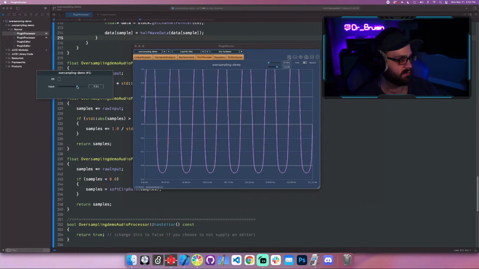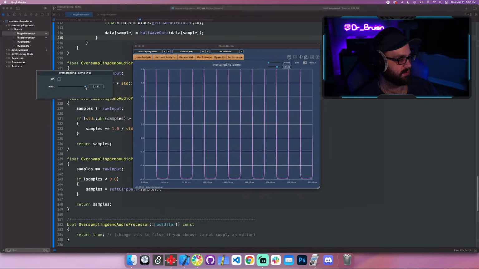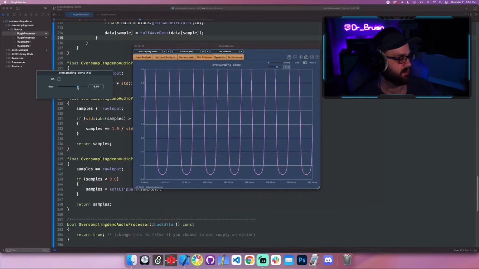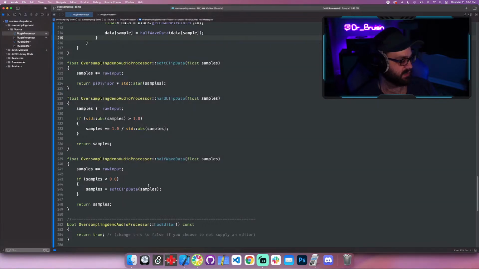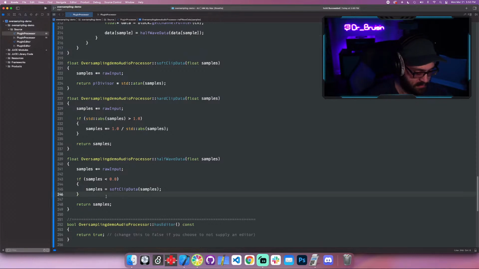So you see how it looks like a soft clip right here, but then the top part of the wave is increasing. That's what I want. Yeah, I'm gonna have to do it with the if statement because I want the positive part hard clipped and the negative part soft clipped. And I don't think there's really a way to do that without an extra if check. So like if that,